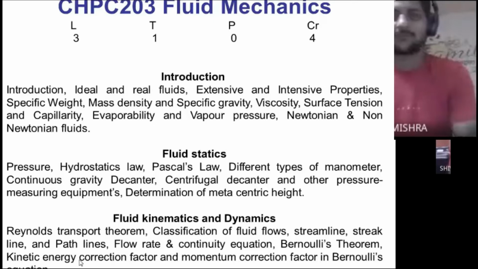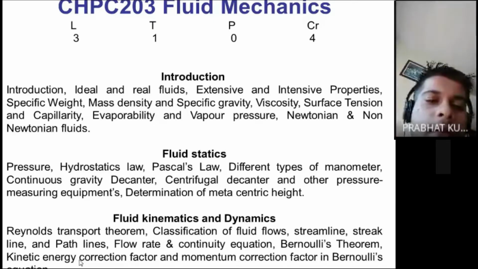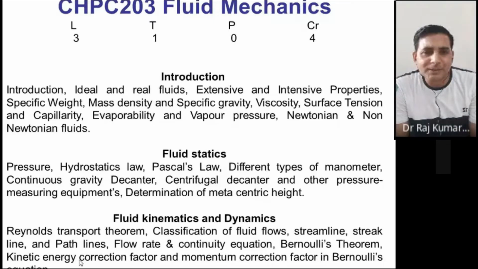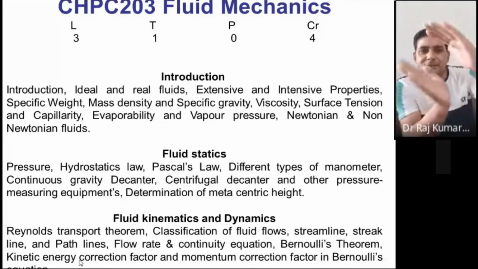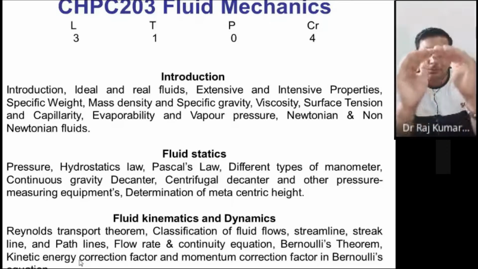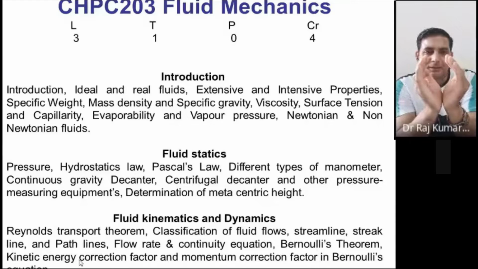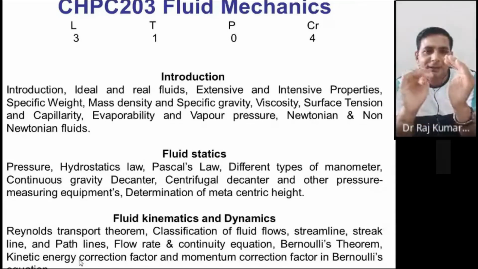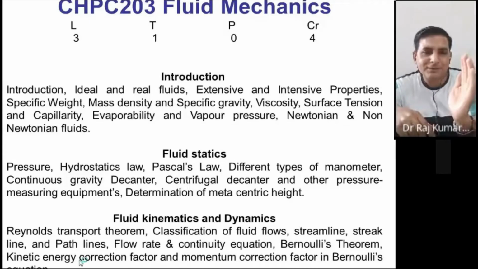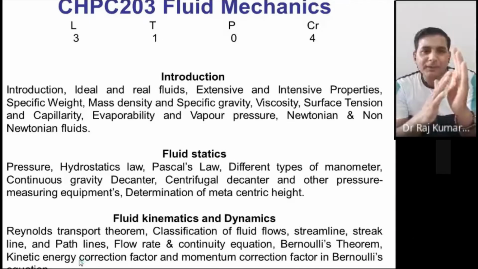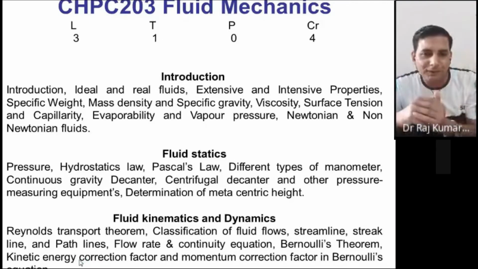So kinetic energy means you calculate half mv square, right? So in case of fluid, your velocity is not a single specific velocity. Let's say you have this much big cross section of the pipe or a diameter. Now at the center it would have a different velocity, at the edges a different velocity, and in between the edge and the center it will have different velocities.